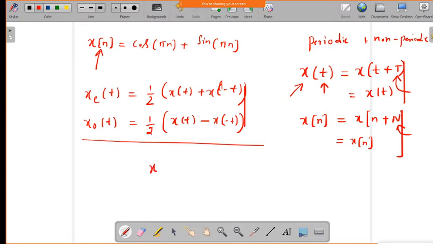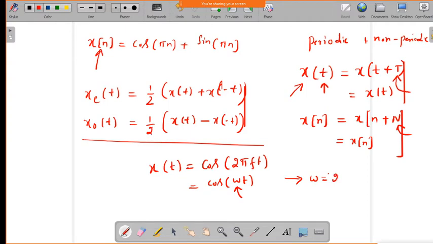In a sinusoidal signal, say for example x(t) = cos(2πft), or you can take it as cos(ωt). This ω we will call the angular frequency, which is nothing but ω = 2π/T. This is in the continuous time case, and in the discrete time case, x(n)